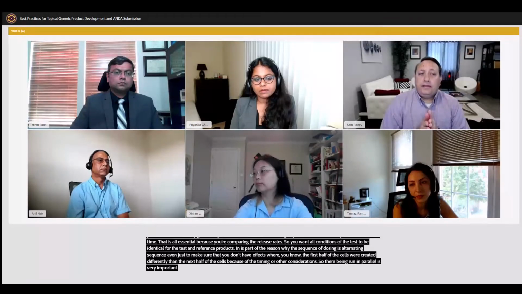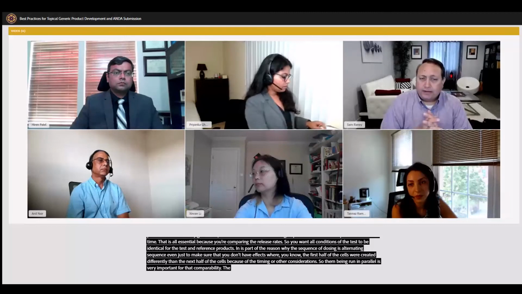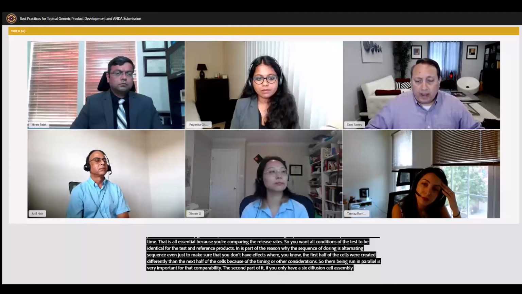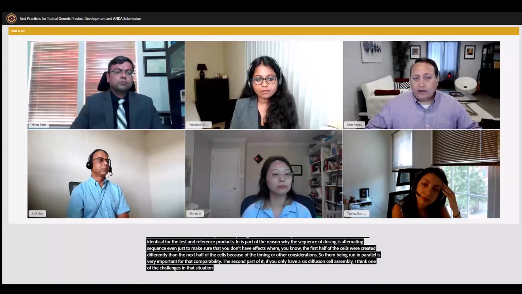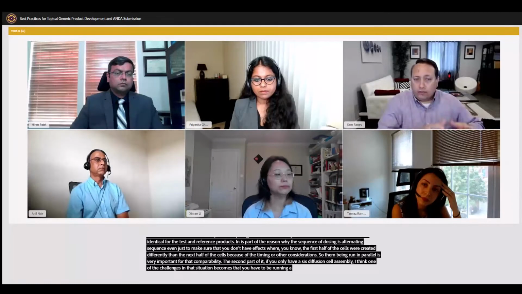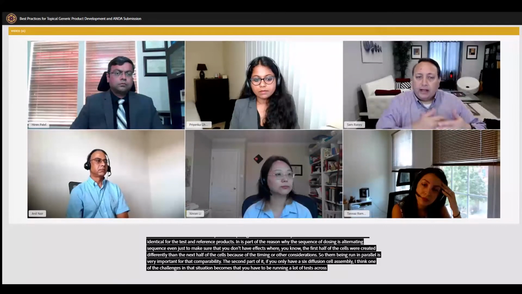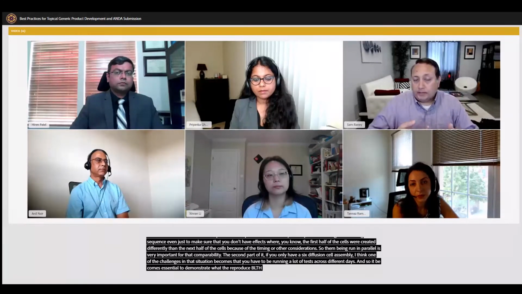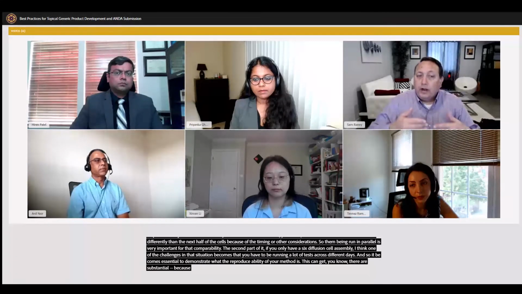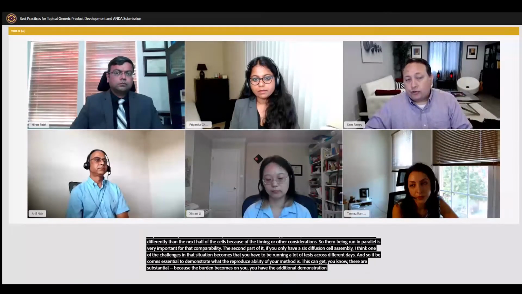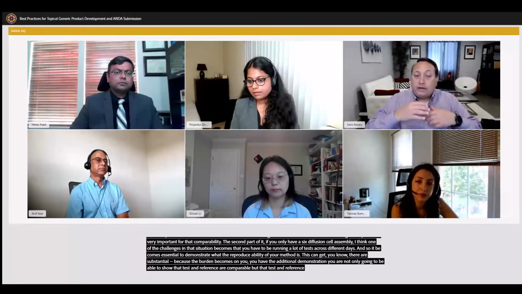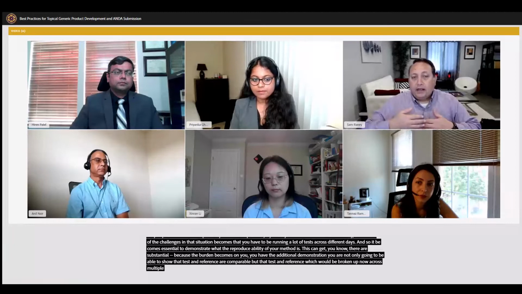The second part of it, if you only have a 6 diffusion cell assembly, I think one of the challenges in that situation becomes that you've got to be running a lot of tests across different days. And so it becomes essential to demonstrate what the reproducibility of your method is. And I think this can get substantial, because the burden then becomes on you. You've got the additional demonstration that you're not only going to be able to show that test and reference are comparable, but that test and reference, which have been broken up now across multiple days, are reproducible